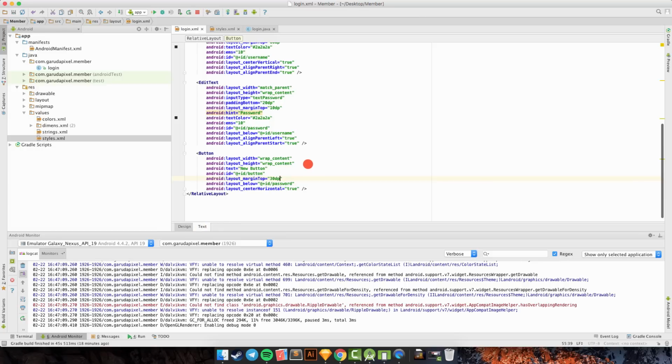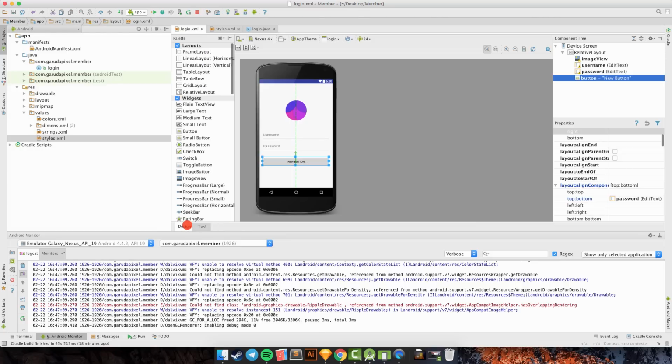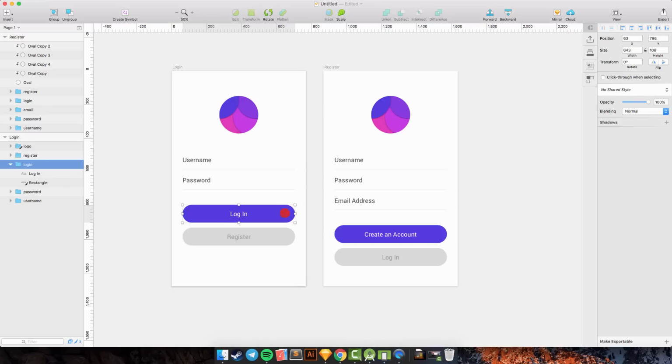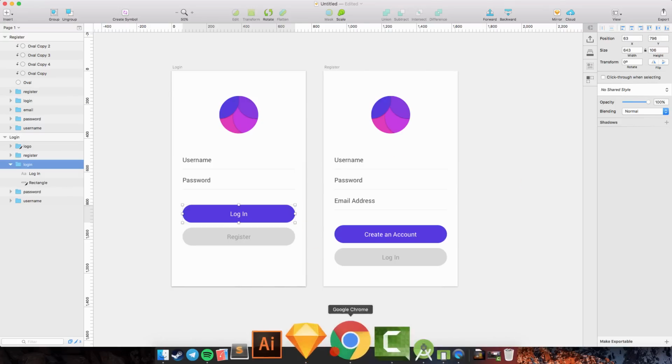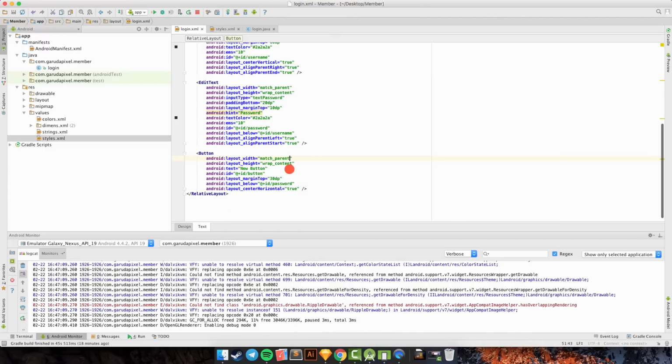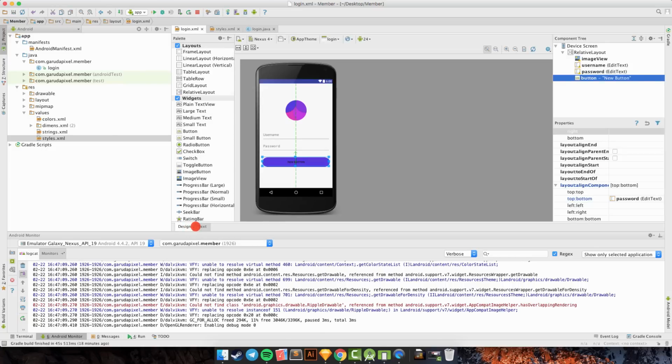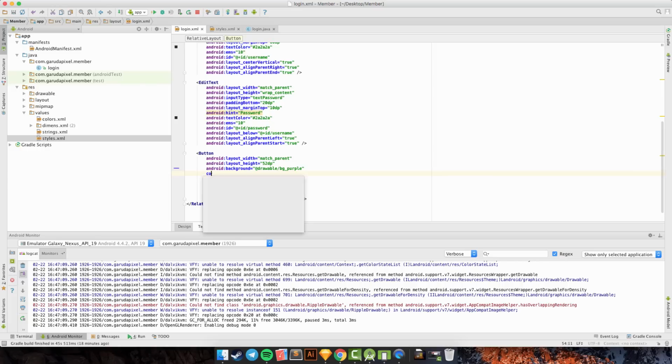Okay, and layout match parent, and we can see the height it's 100, so we can change the height to 52 dp, and change the background drawable to bg purple, and the color white.